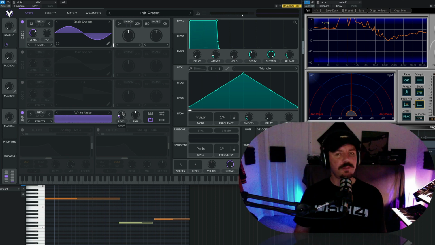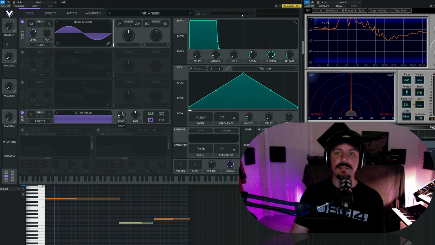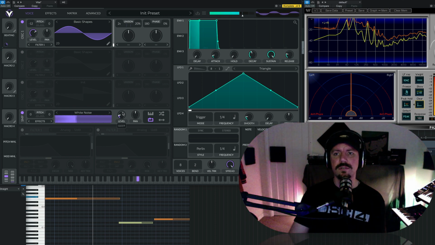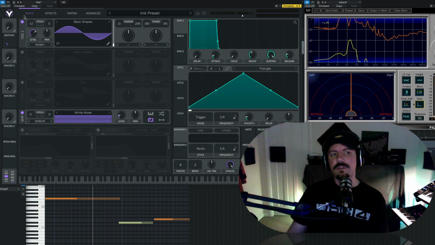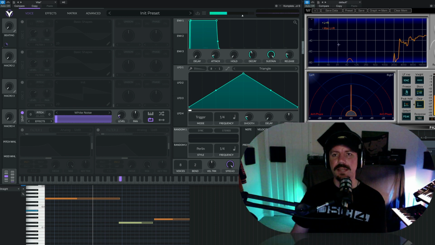I think the first person I ever really remember having a bass like this was Break. I'm sure there was maybe someone else that had done it, but definitely Break made this sound prominent in a lot of his tunes. Now the thing about noise is, we'll just turn off oscillator 1 and look at just the noise. You're going to see on the spectrum here